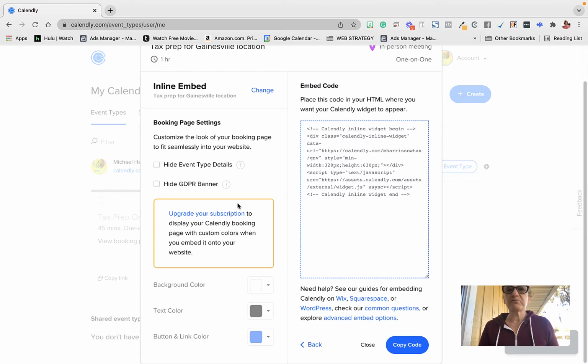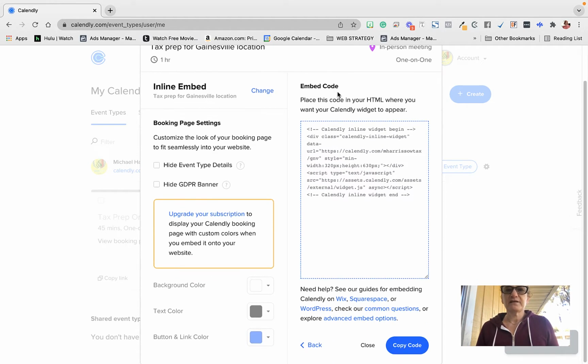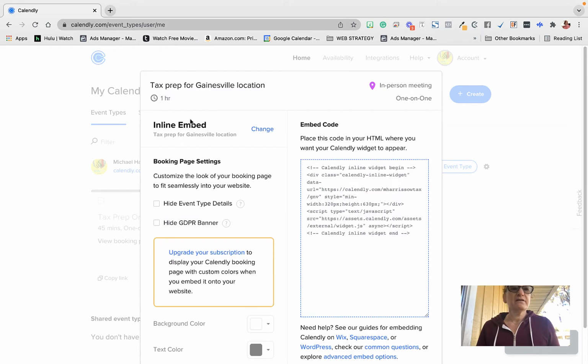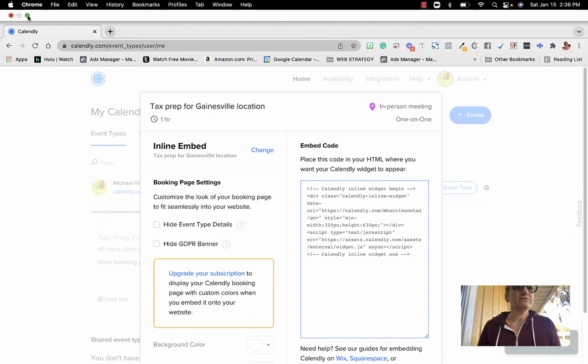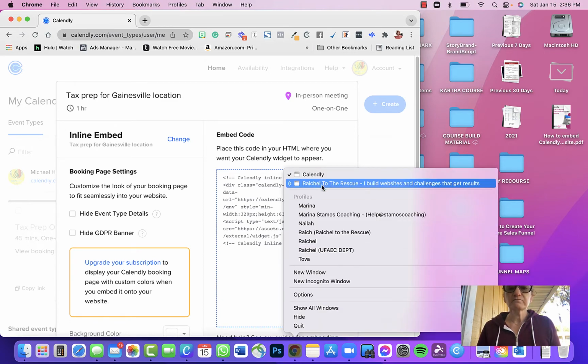Okay, so if you have the Pro here, you can change the colors, etc., things like that. So right here is the embed code. You don't change anything. All you do is click copy code. So now it's saved. Okay, so I'm just gonna minimize that, and I'm gonna bring up my website, and mine's